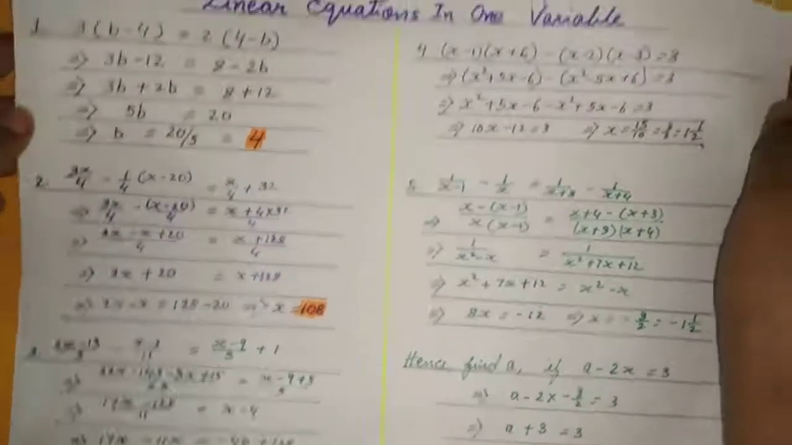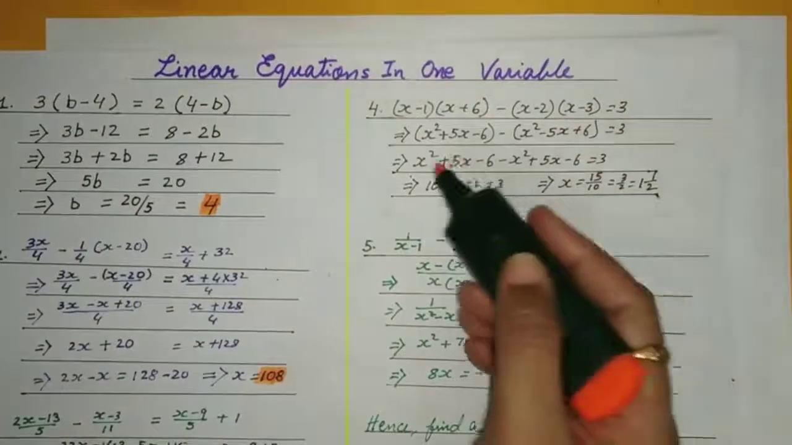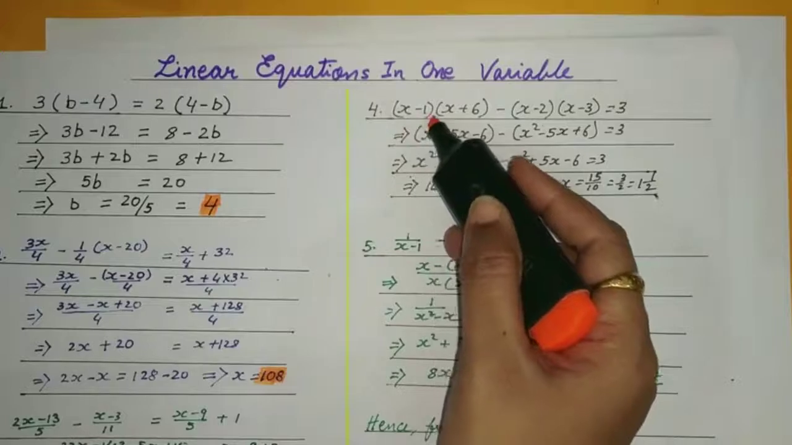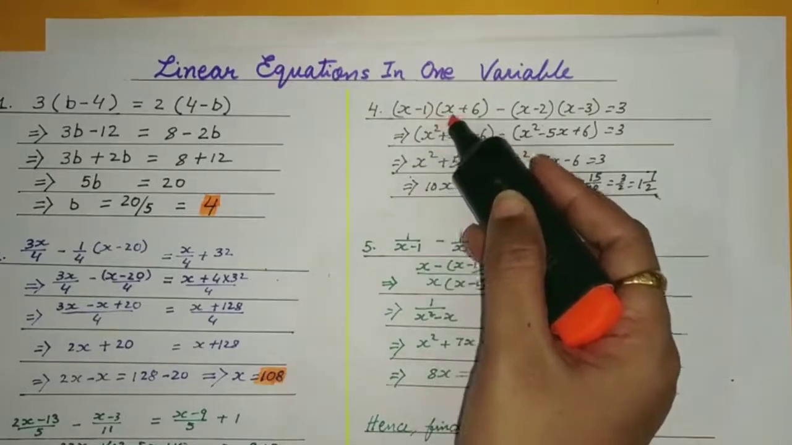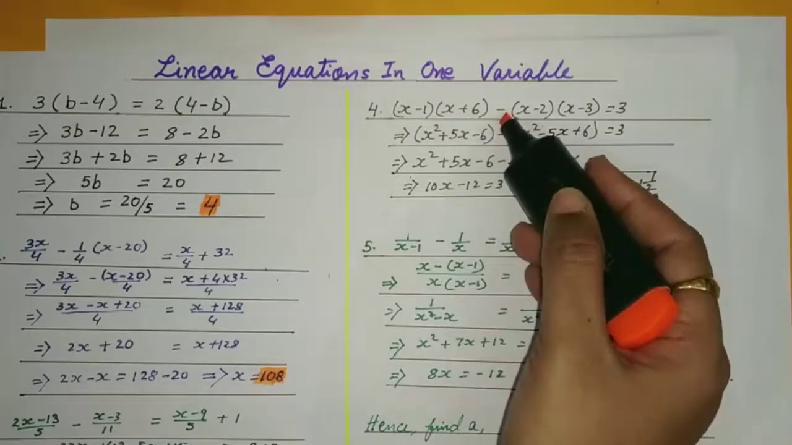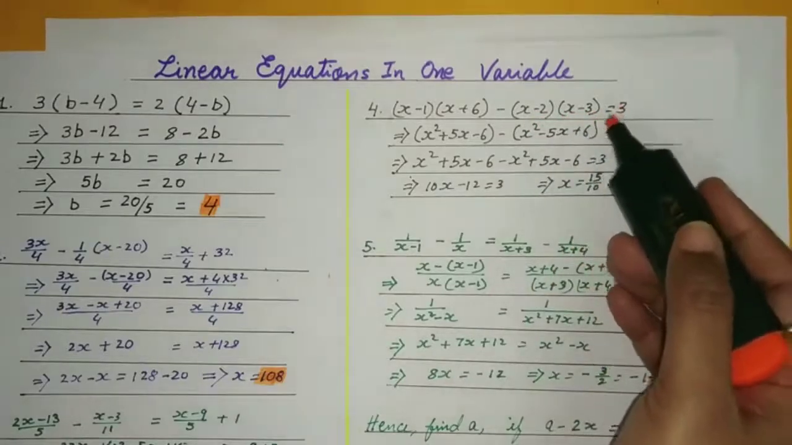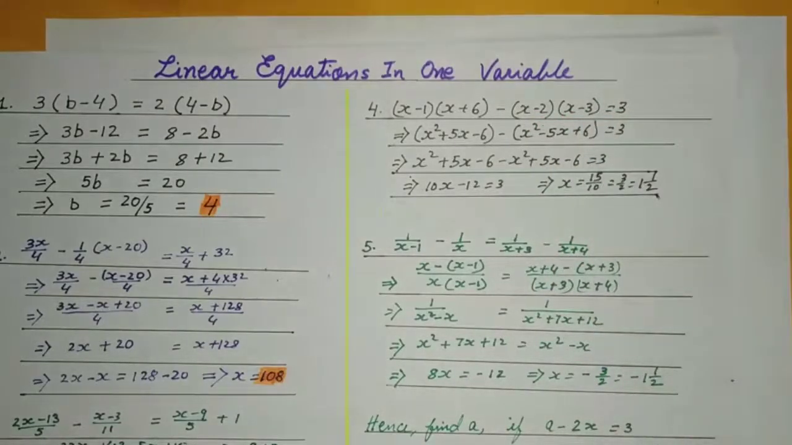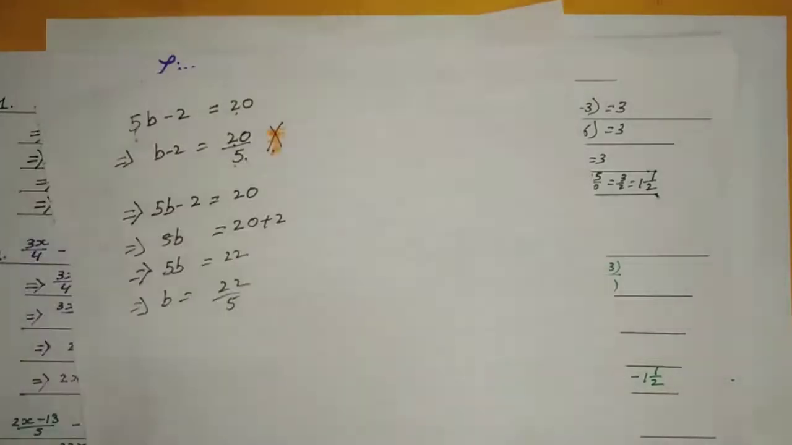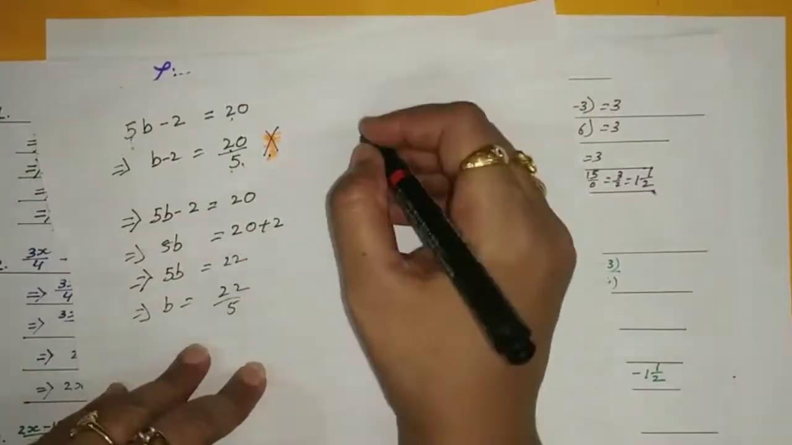Next type of question, yes, again product form. (x minus 1) into (x plus 6) minus (x minus 2) into (x minus 3) is equal to 3. Now in this type of question, you all must be remembering the formula which we discussed in the previous video,